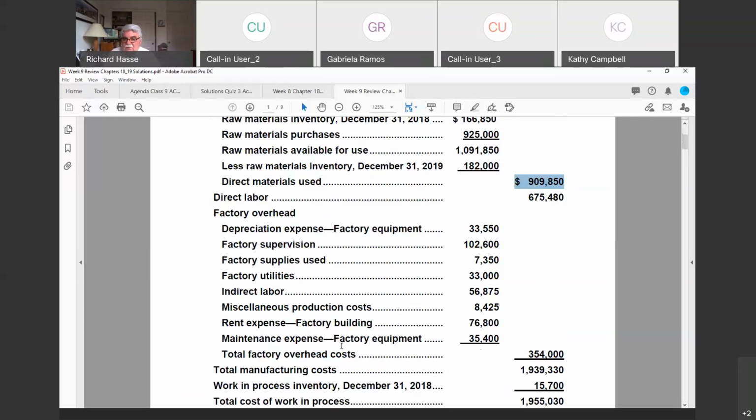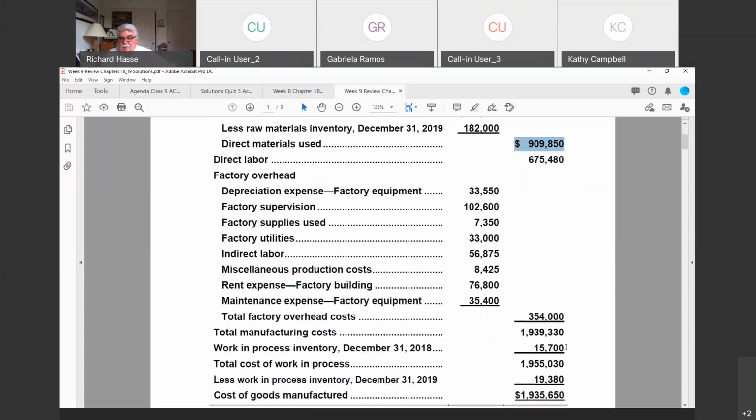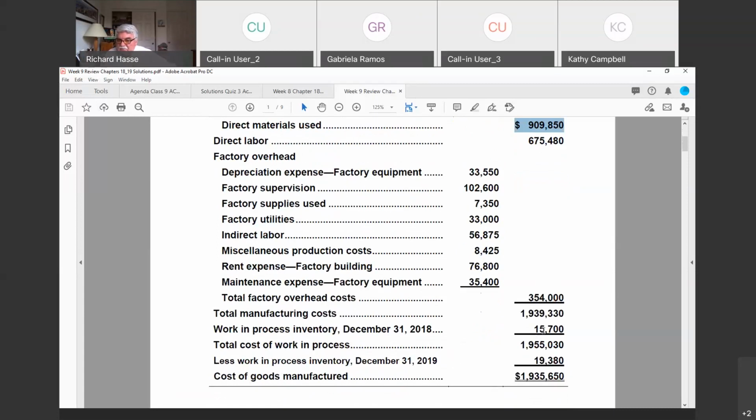So these are all considered overhead costs, costs indirectly for production. We have material, labor, and overhead. We spent, in this example, $1.9 million on manufacturing. At the beginning of the period, we had this in work in process. At the beginning of our fiscal year, we had this in production, not yet completed. We add in the additional costs during the course of the year for materials, labor, and overhead. And we have total work in process.